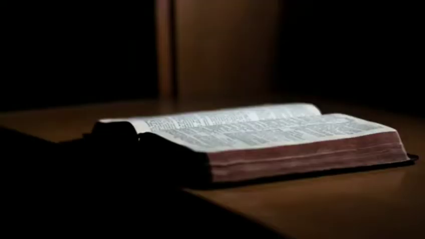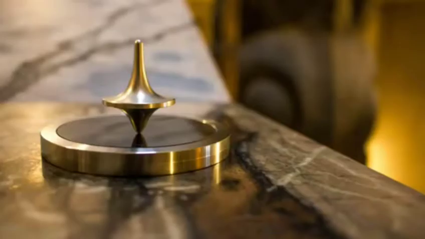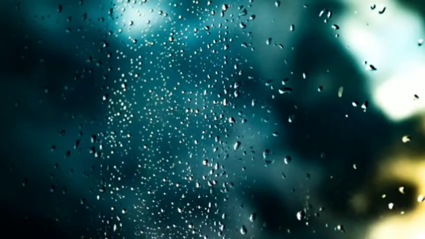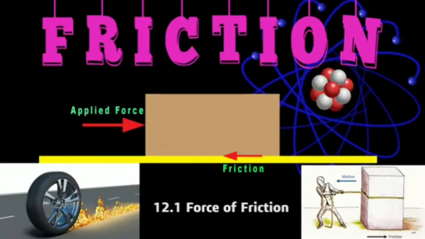In the above activity, the force of friction acts between the surface of the book and the surface of the table. Is the friction the same for all the surfaces? Does it depend on the smoothness of the surfaces? Let us find out. So students, this is your introduction for the chapter Friction and activity 12.1, which is force